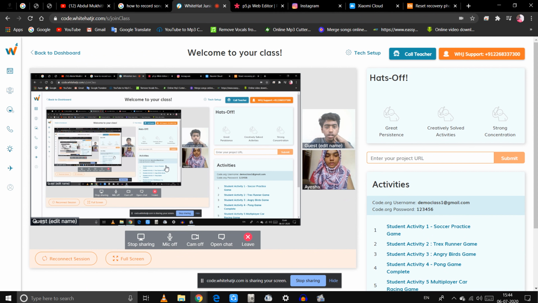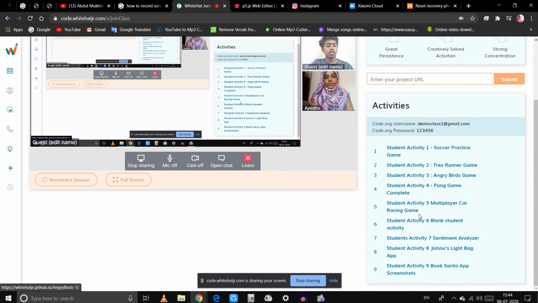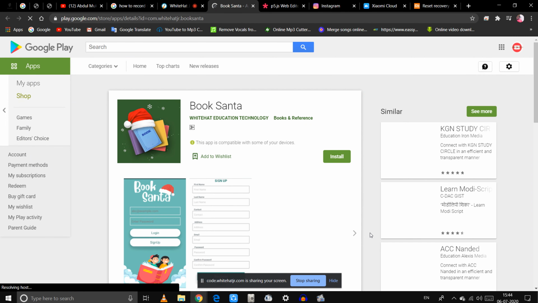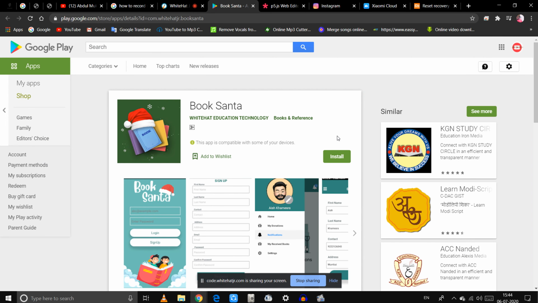One example I have, go to student activity number 9. It says Book Santa app. This is an example of the app which you'll be building. It basically consists of the features of registering the user.